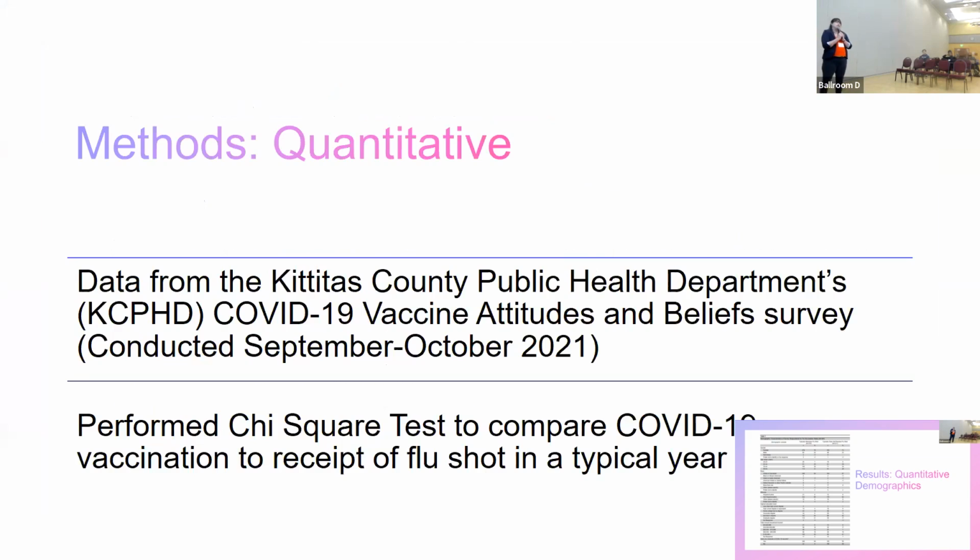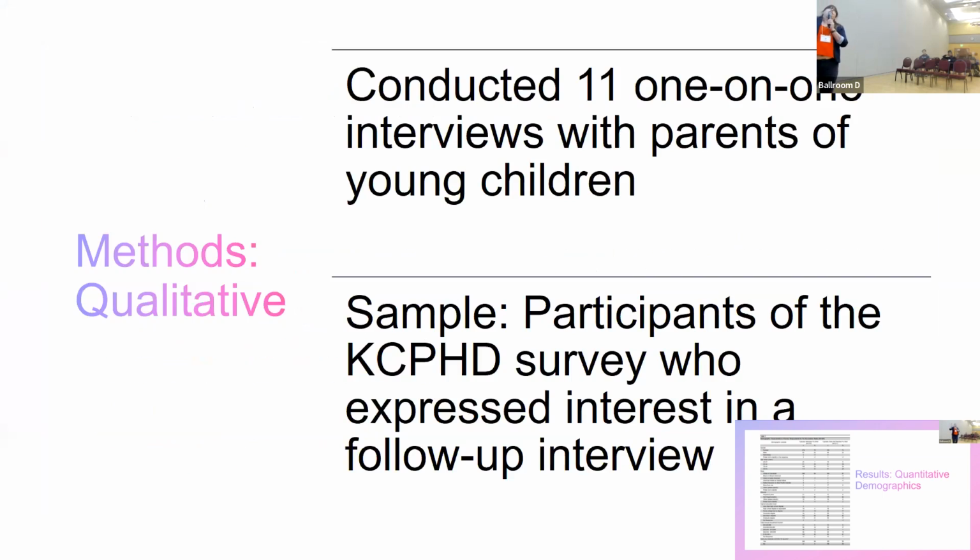But the biggest things I wanted to note were: have you received a COVID-19 vaccine? So we're going to go more into this on the next slide, but I think it's striking that 94% of those who say they typically receive a flu shot have received a COVID-19 vaccine. Even more striking is that it's a 50-50 split on those who don't receive a flu shot have not received or have received a COVID-19 vaccine.